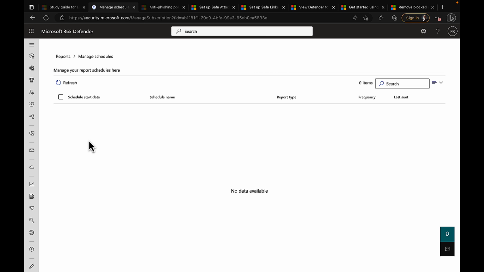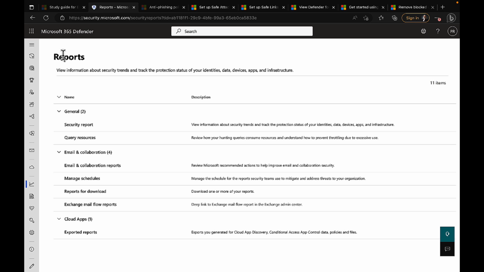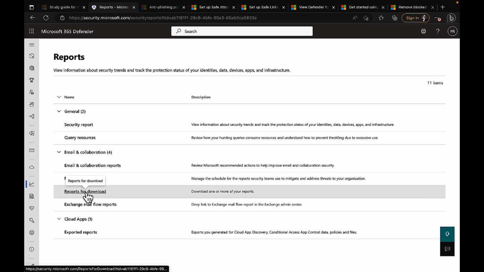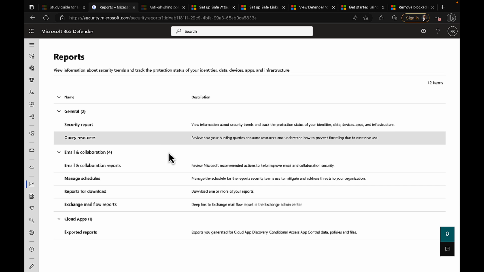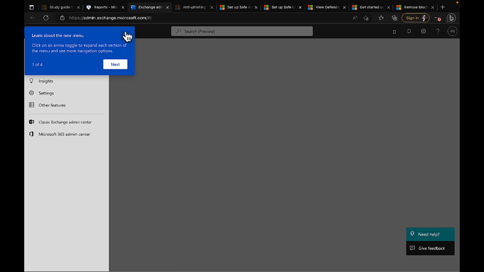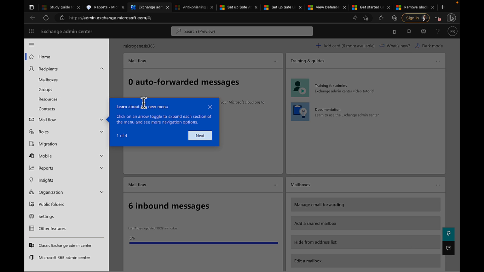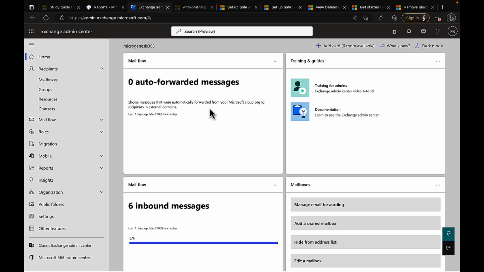You can click on Manage Schedules, and you can schedule a start date in here, and then take care of that as required. We've also got reports that are available for download. So if you have run a report, you can click on here and you will see them ready to download in this area. And we've also got Exchange Mailflow Reports, which opens in a new tab here. It's actually going to take us right into the Exchange Admin Center, and it takes us into this area here